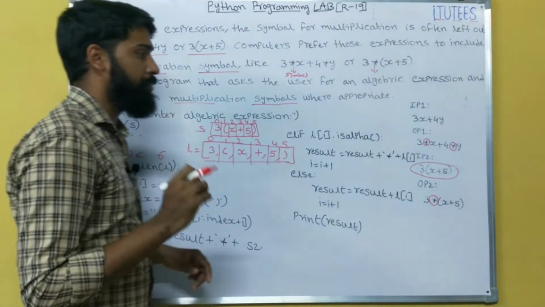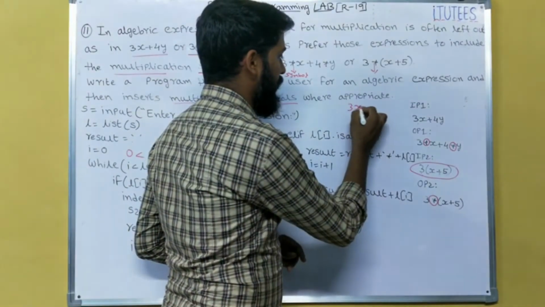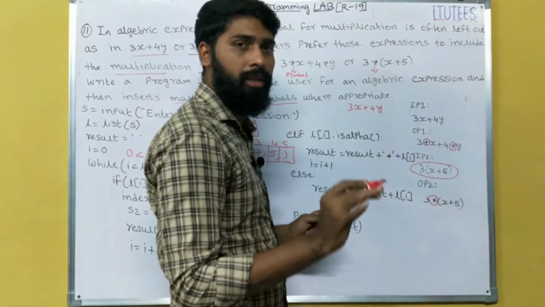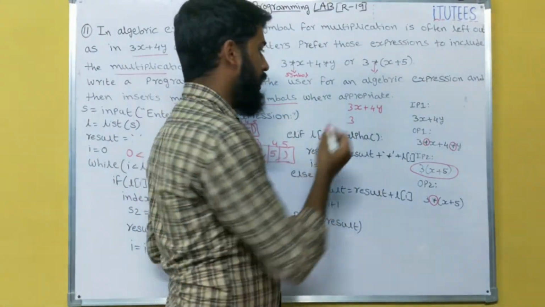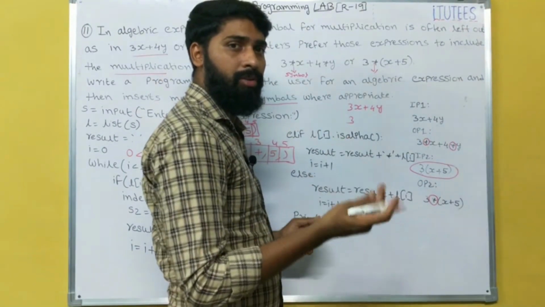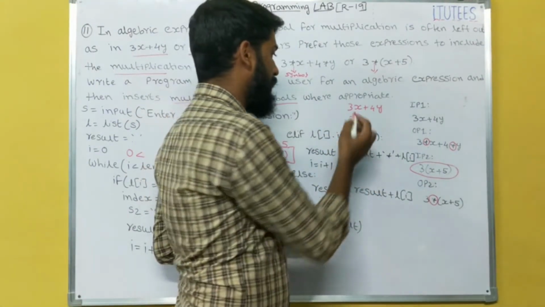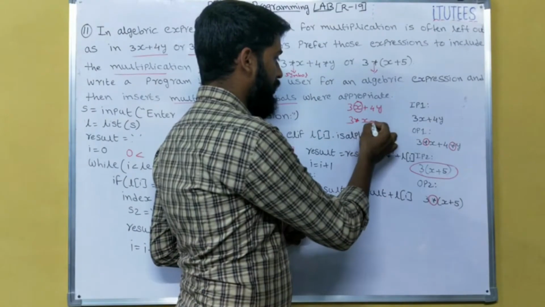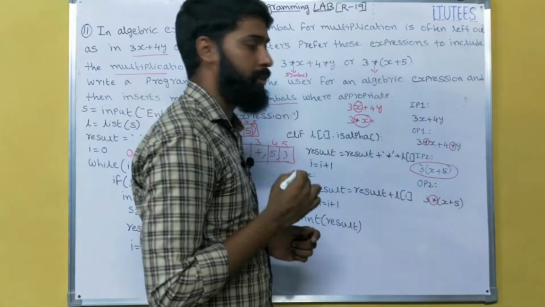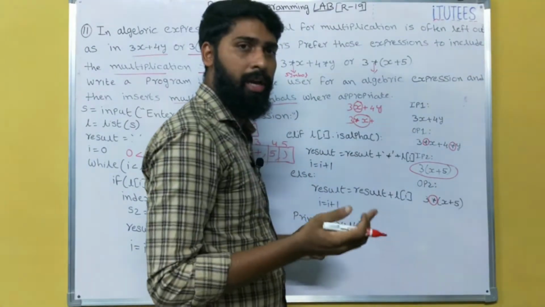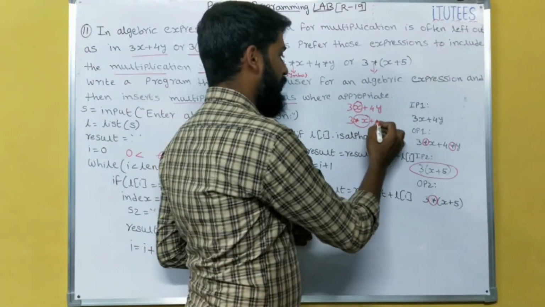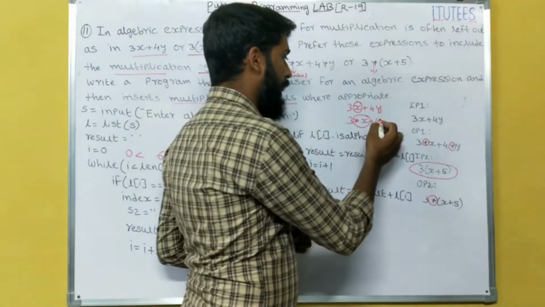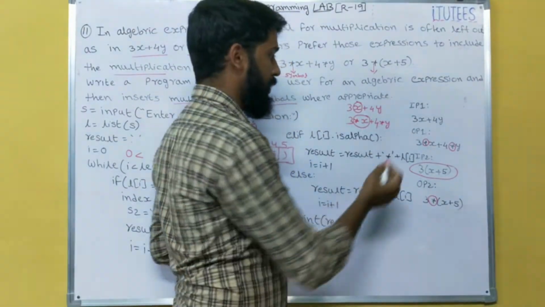So why? If you observe how we can do that, for example, I am taking 3x plus 4y. How do we do it manually? 3 is a digit, so we write the 3. Next x. X is an alphabet, so you print it preceded with multiplication. That means if it is an alphabet, the condition is if it is an alphabet, I print asterisk x. Next plus. Plus is not an alphabet, so I can print it directly. Next 4 is not an alphabet, I can print it directly. Next y. Y is an alphabet, so I print y preceded with an asterisk. So that is the output.